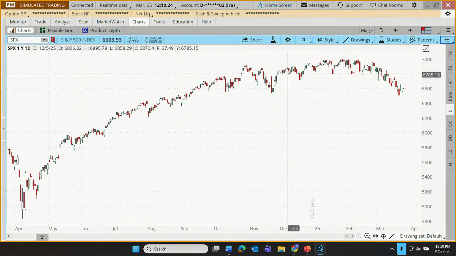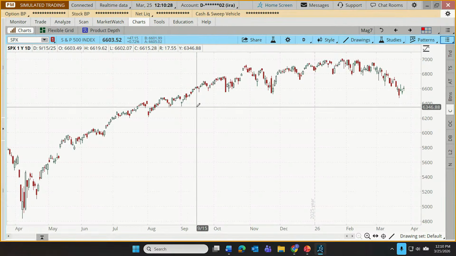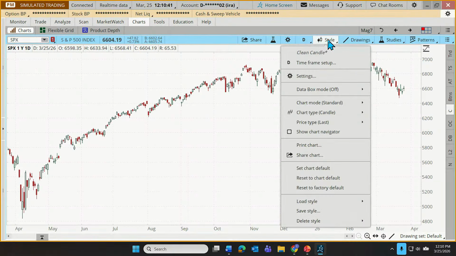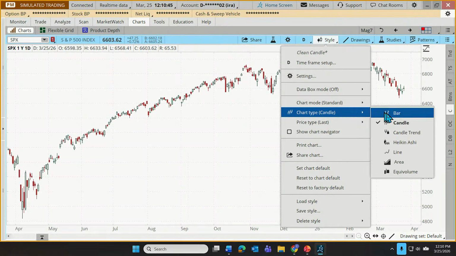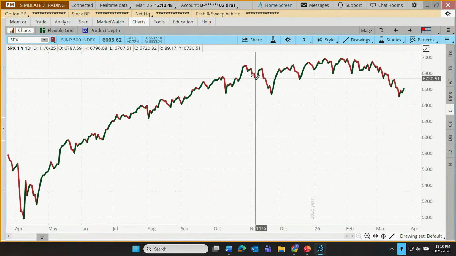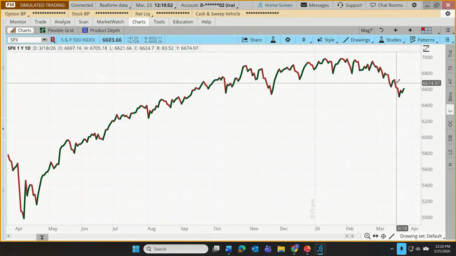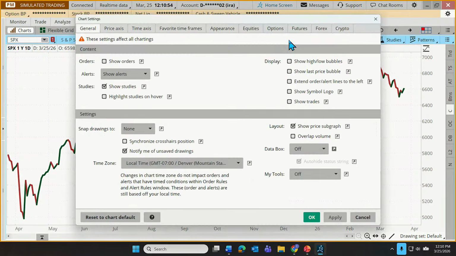But one change that we might make, maybe we just want to see things not on a very granular scale, like let's say day-to-day candlestick charts, but how about we just set up a nice, clean, thick line chart that's easy to see. So I'm going to come up here to our chart style, and I'm going to change that chart type from a candle to a line. Now mine kind of cheated, it's a little bit thicker than is typical. That's because that's a default in my chart settings.